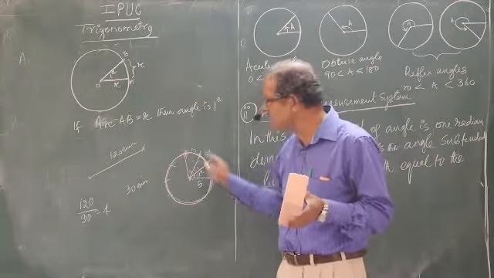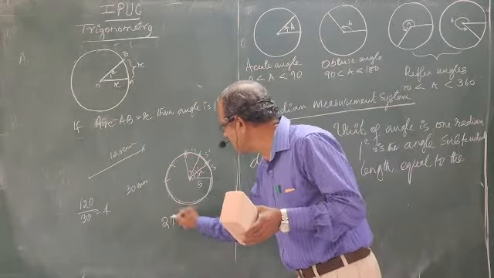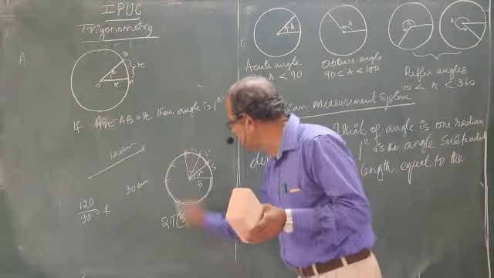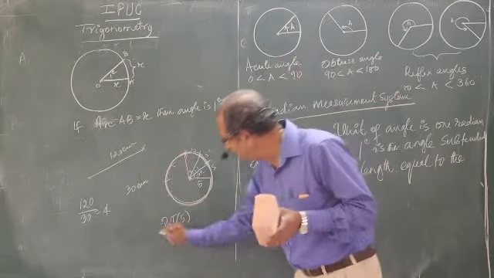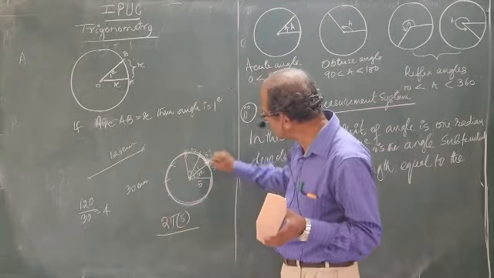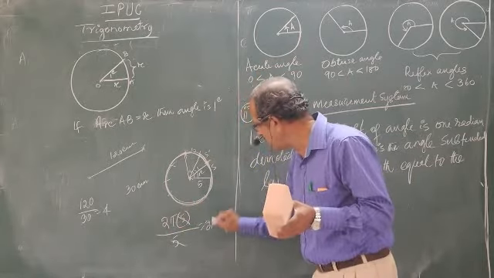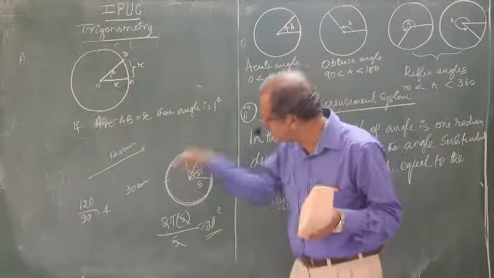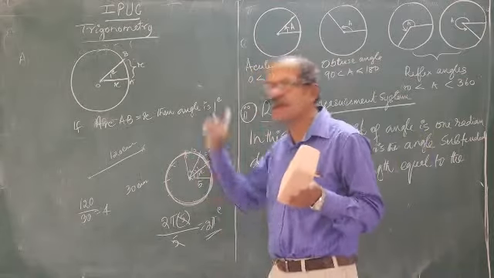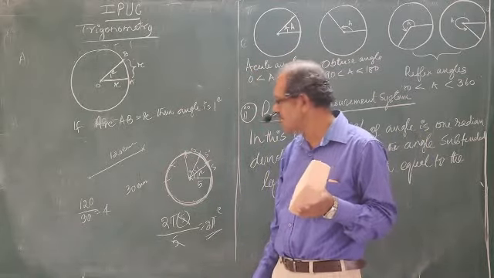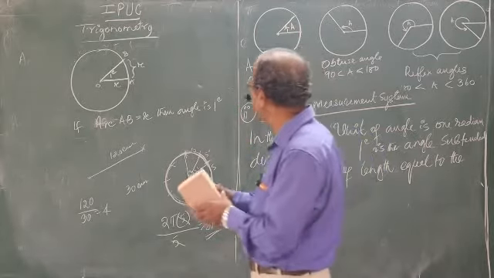How to find the circumference of the circle? 2 pi r is the formula. But r is 5. This is the total length of the wire given. Divide that by the length of each piece, 5. What do you get? 2 pi. This is the total number of radians you can obtain in the entire rotation. So, 1 rotation equals 2 pi radian. Therefore, that can be obtained here also.